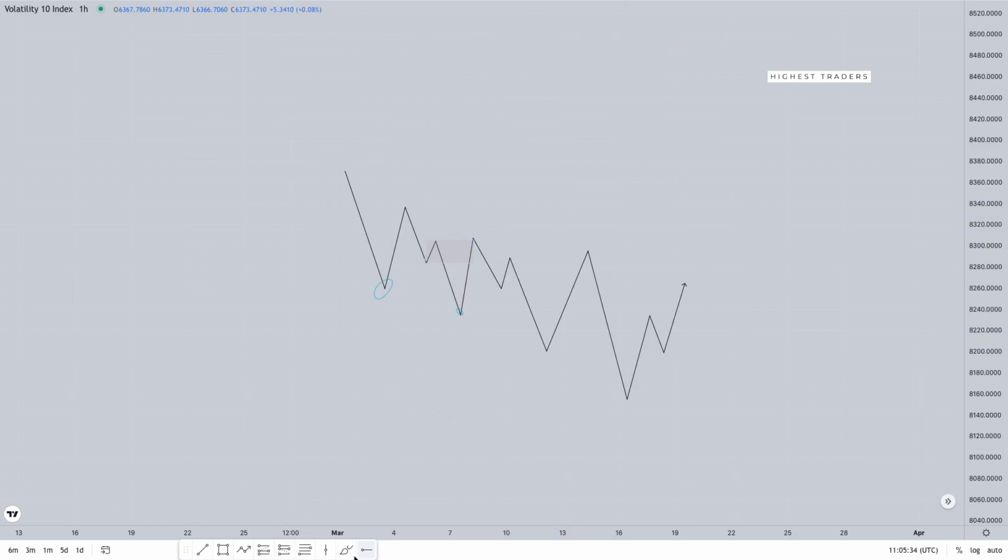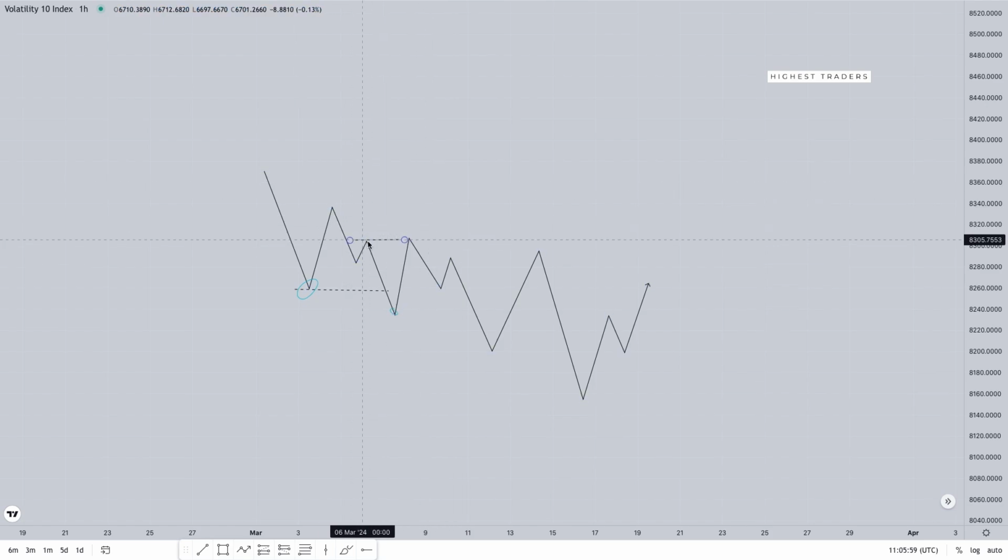So we have this structure broken like so, right? We have this structure broken like that, break of structure there. We have break of structure there. This particular guy is an inducement. So whatever other block I find here, whatever FVG I find here within it, whatever other flow I find within it is only going to be there to trap new SMC traders who don't understand that the first pullback is always liquidity. All right. So whatever gives me that inducement, that persuasion to execute a trade here is definitely going to be an inducement.